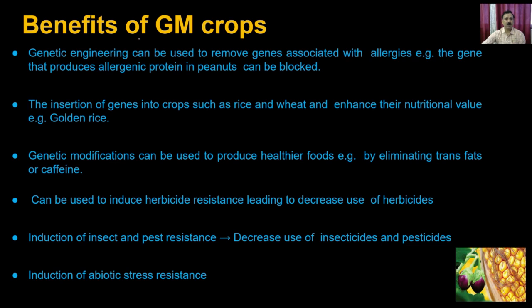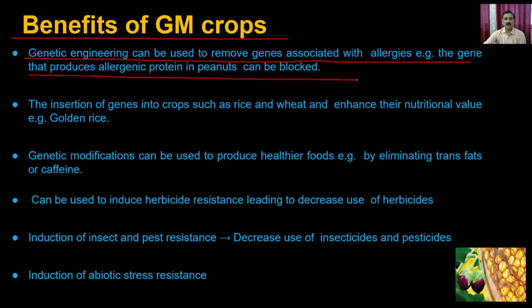So what is the benefit of genetically modified crops? Genetic engineering can be used to remove the genes associated with allergies. For example, the gene that produces the allergic proteins in peanut can be blocked. So one of the advantages of having a GM crop is that it is going to take care of allergies. For example, in the case of peanut, some people have a peanut allergy to peanut products, so you can have a gene that will suppress the production of these allergic